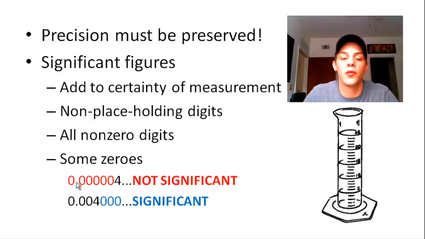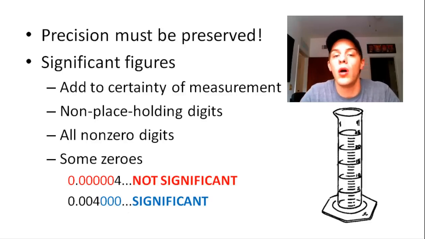So for instance, in the number 0.000004, these zeros that come before the 4, the only reason why they're there is to just mark this decimal point here, so therefore they are not significant. On the other hand, if I have a number such as 0.004000, these three zeros here that come after the 4, they don't necessarily need to be there, so they're not just marking the decimal place, so therefore they are considered significant. So let's go through all of the rules associated with how to determine whether any given zero is